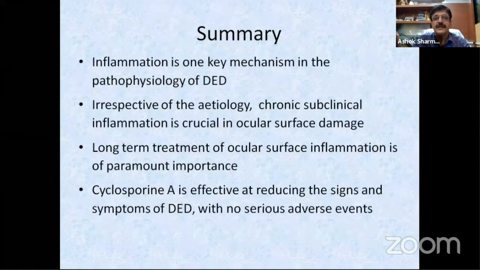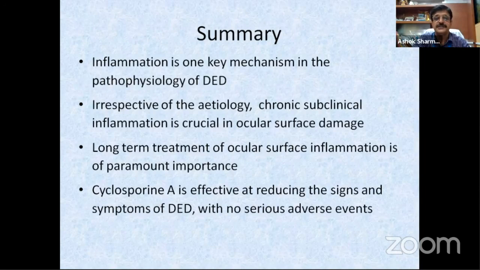In the end, I would like to summarize that inflammation is a key mechanism in the pathophysiology of dry eye. Irrespective of etiology, chronic subclinical inflammation is crucial in ocular surface damage. Long-term treatment of ocular surface inflammation is of paramount importance to preserve the ocular surface and to prevent visual loss. Cyclosporin A is effective in reducing the signs and symptoms of dry eye and also the adverse effects of inflammation